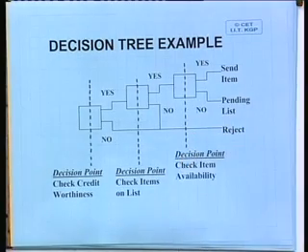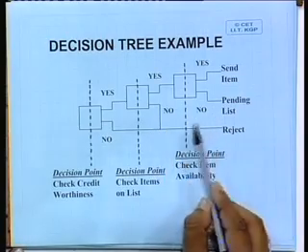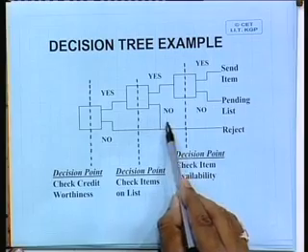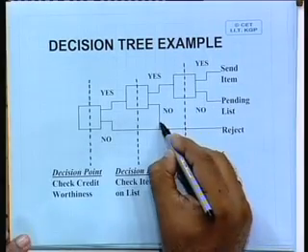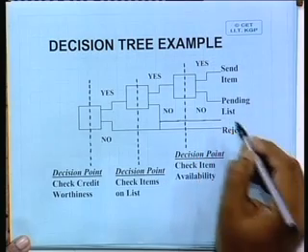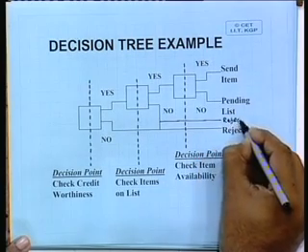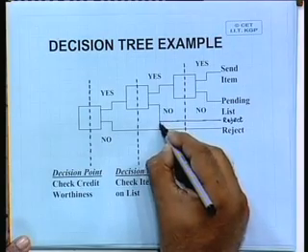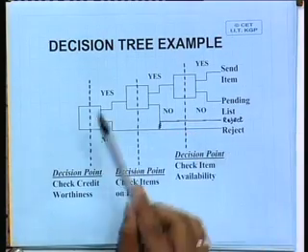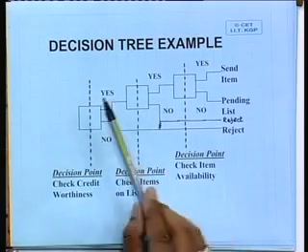So, the first one, although I have put these two "no" together because both are reject, strictly because it is a tree we should not do that. We could just take it like this, straight like this, and we can say this is also reject, and this we may remove. Okay. So, we can say that the first decision point, you are checking the credit worthiness, and it could be